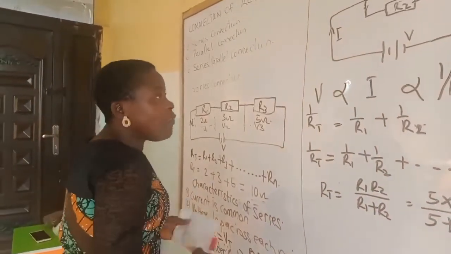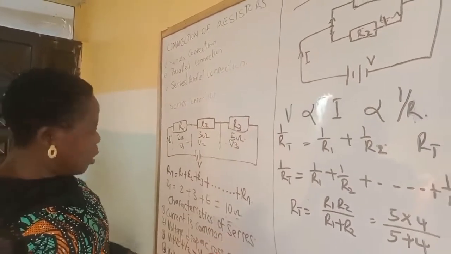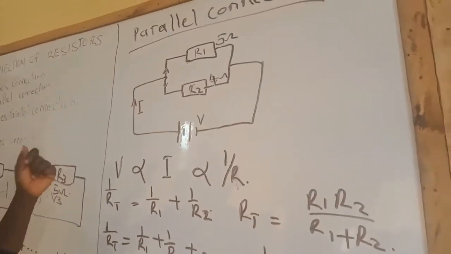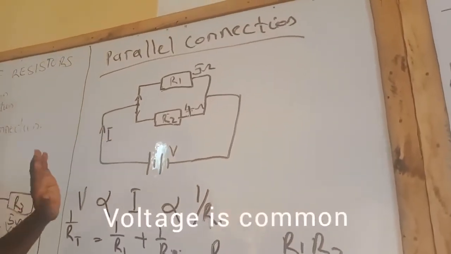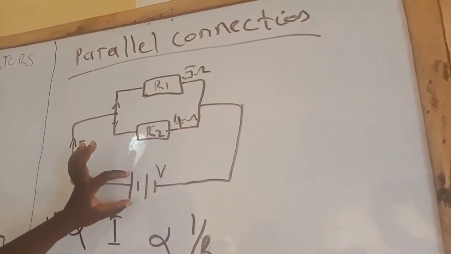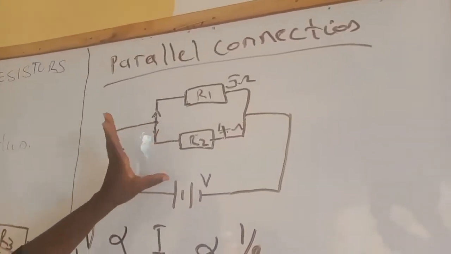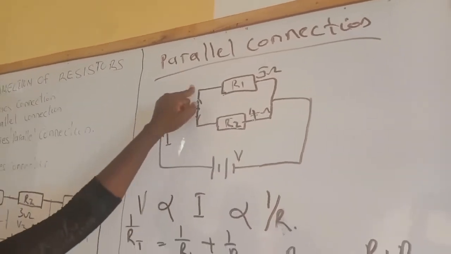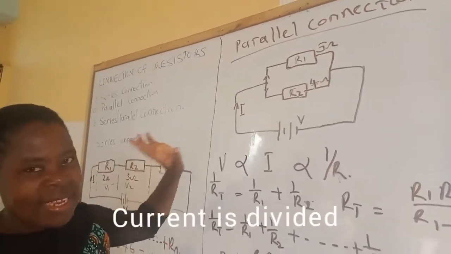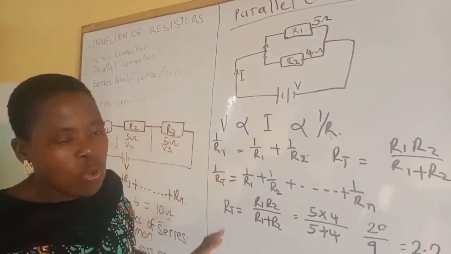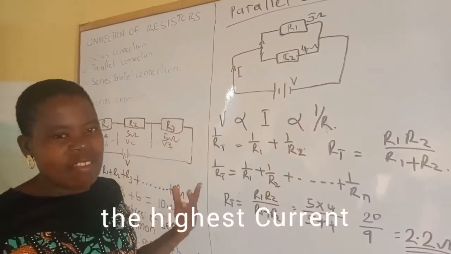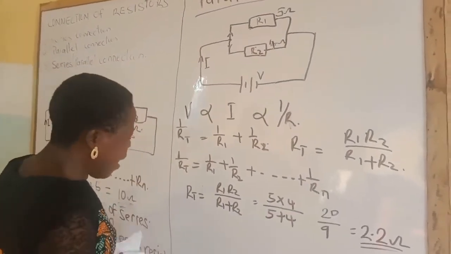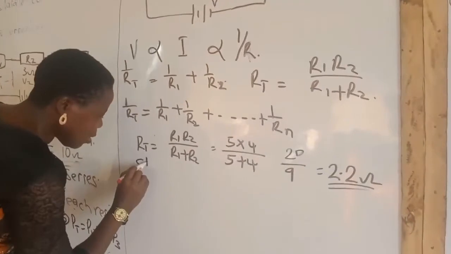Then there are some characteristics for parallel connection which I've also mentioned, which is different from the series. We say that current is common in series circuit. For parallel circuit, it is voltage that is common. That is, the whole voltage that is flowing here is coming here. So which means if you have 10 volts, for example, the same 10 volts will be here, the same 10 volts will be here. It is the current that will be divided according to the value of the load. And the lowest resistance will carry the highest current. The higher resistance will also carry low current. That is, in parallel circuit, the characteristics